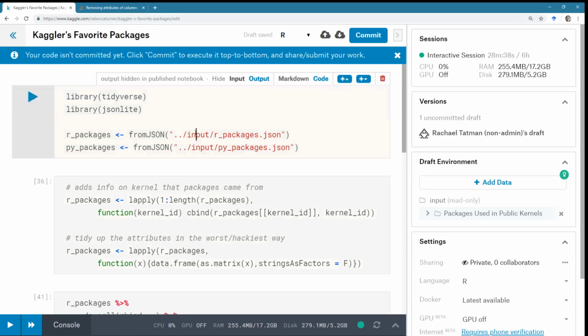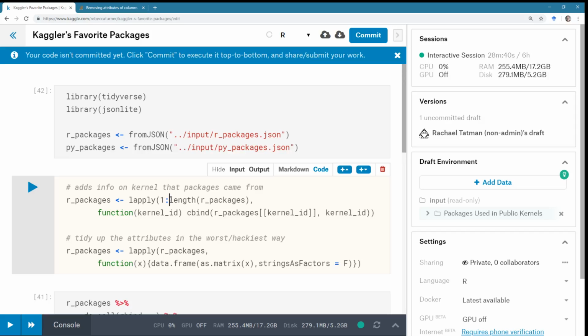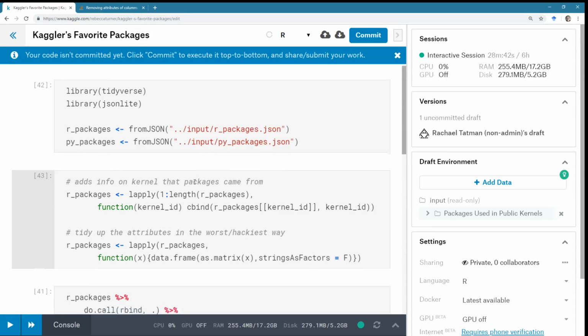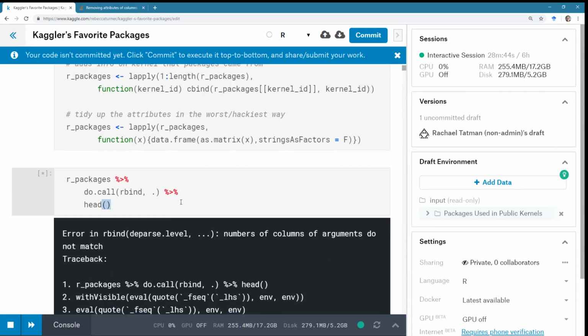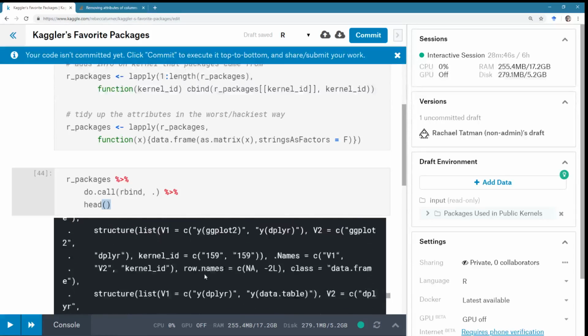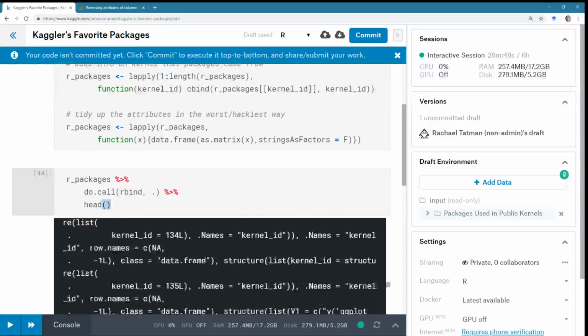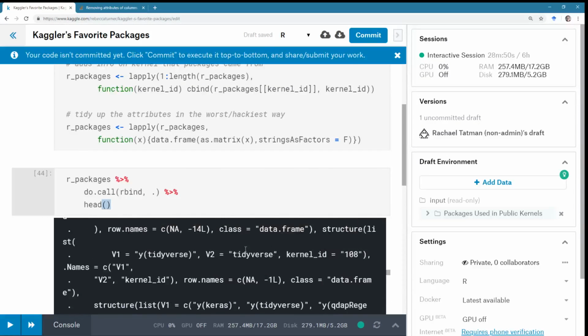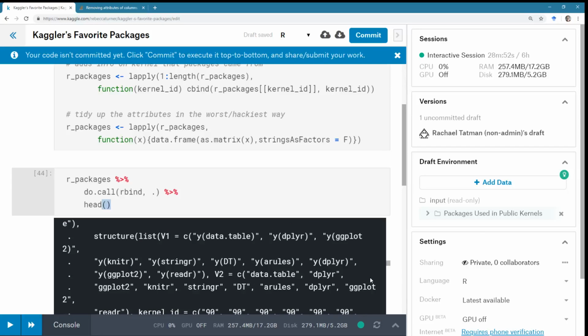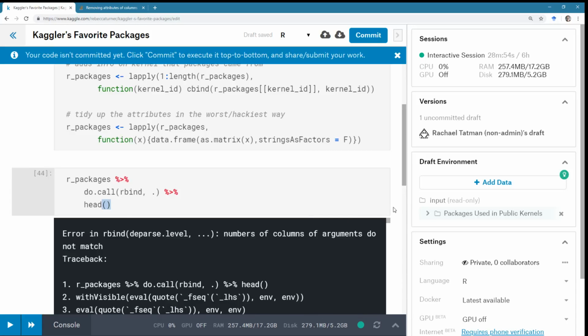So let's start from the top and make sure this is actually working. Read in our data fresh, do a little munging, double check that it works. It did not work. That's frustrating. Okay. Numbers of columns of arguments do not match.